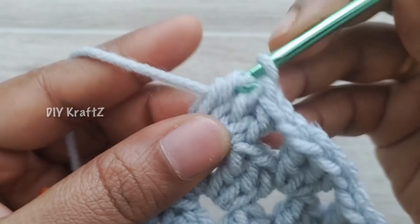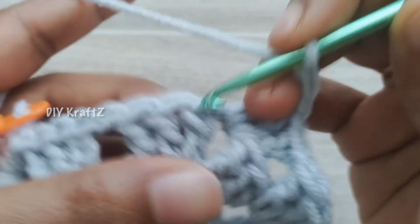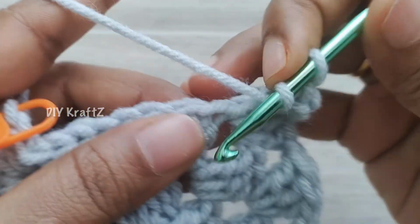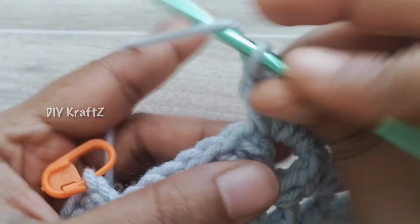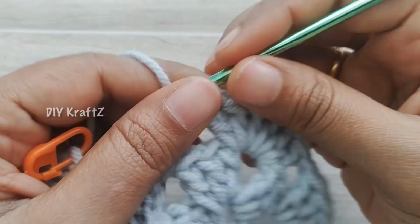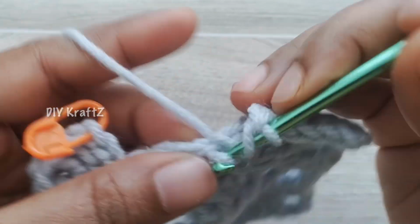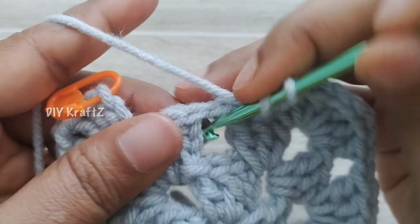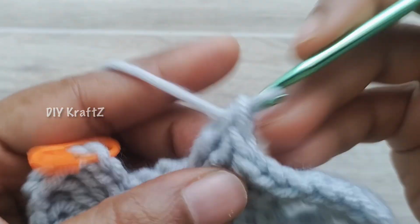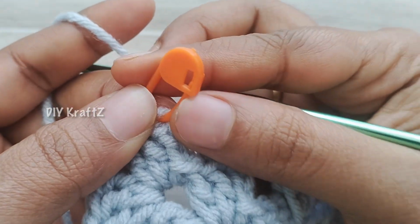That's 2, 3. Then make chain 2 and then into the same chain 2 space make 3 more double crochet stitches. That's 1, 2 and 3. Then this completes your fourth corner. Chain 1 and then into the last chain 1 space make 3 double crochet stitches. That's 2 and then 3. Now finally make the last chain 1 and make a slip stitch onto the third chain of the first chain